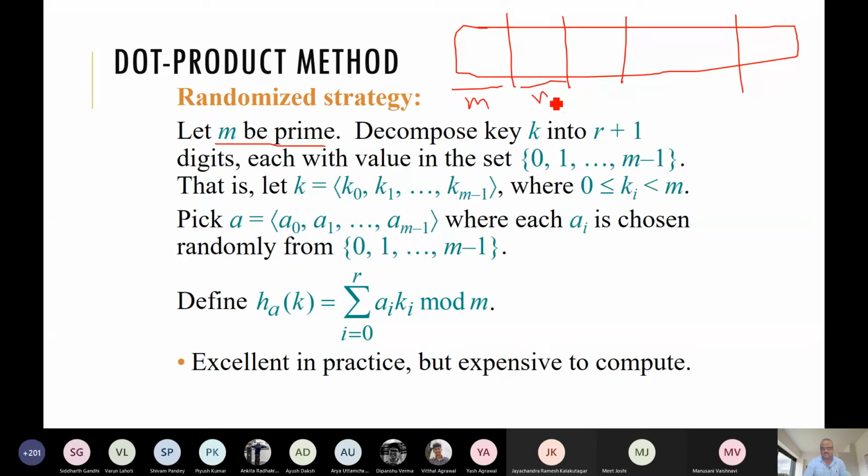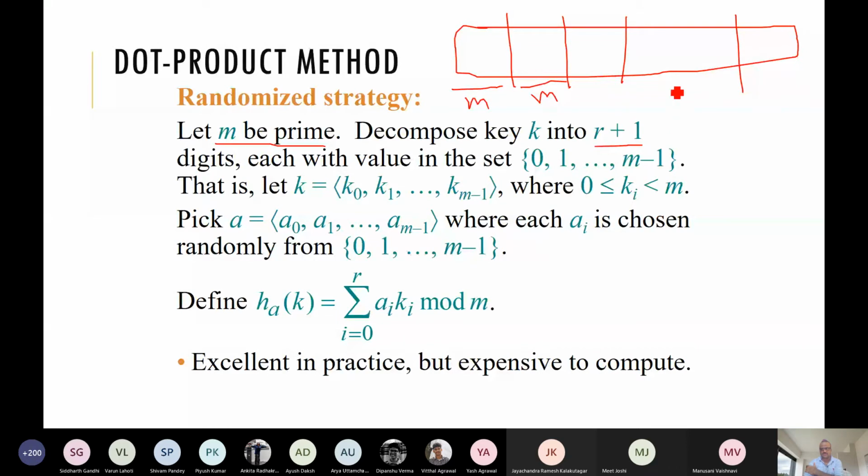M is not a bit, M is the value. So M could be 2 to the power r, or 2 to the power some L, some alpha or something like that. So each of these block values is 0 to M minus 1.